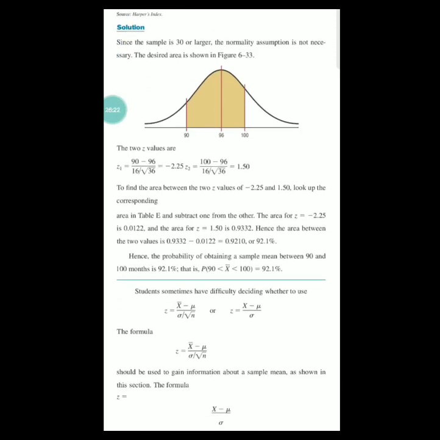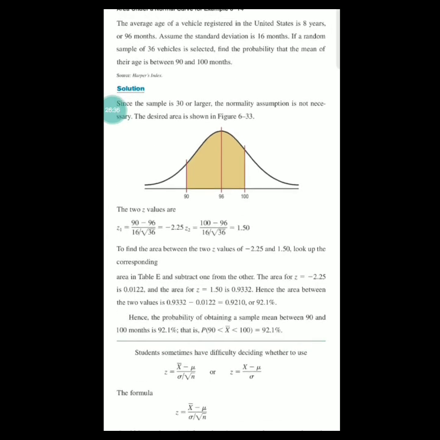To find the area between the two values of negative 2.25 and 1.50, look up the corresponding area in Table A and subtract one from the other. So the area for z equal to negative 2.25 is